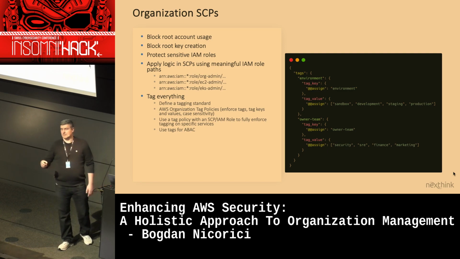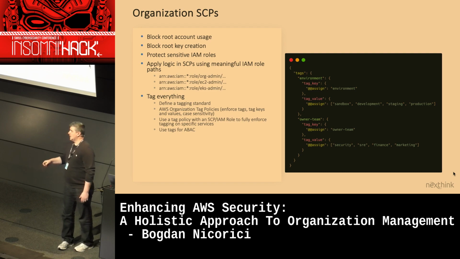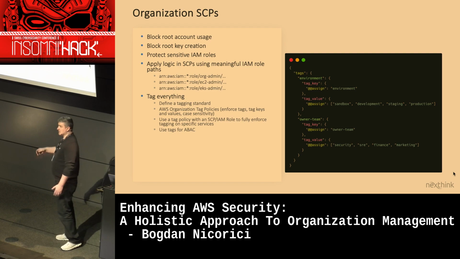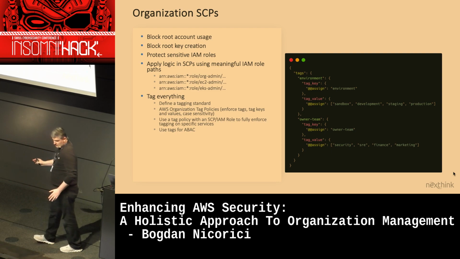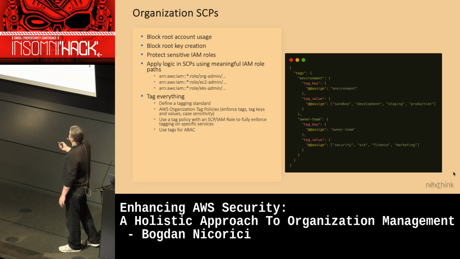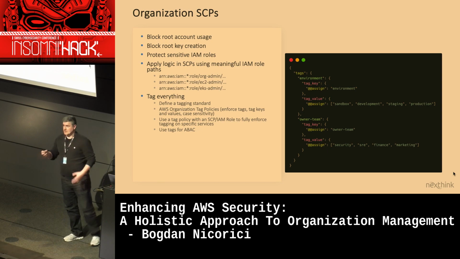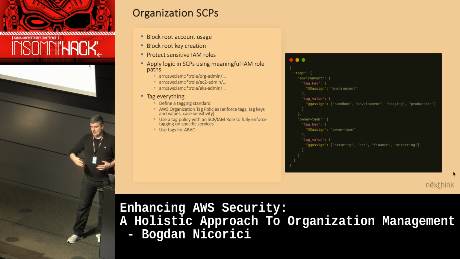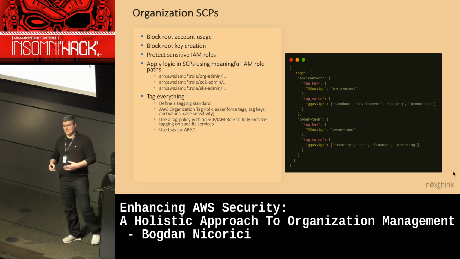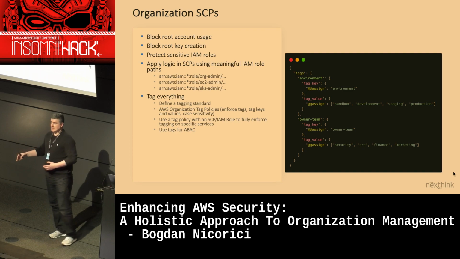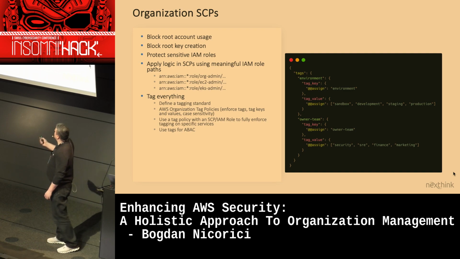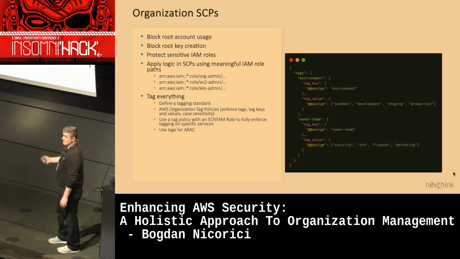Which means you enforce and you say, okay, if all the resources in my accounts or one specific account need to have specific tags, it can be billing, it can be environment, it can be owner team, it can be whatever you need it to be. You enforce specific values. And once you've set this at the organization level, you can use an SCP to specifically enforce, and you would say each time someone creates an EC2 instance, they can't create the instance unless they add the tag with one of these values.